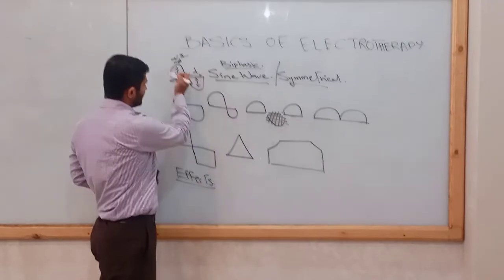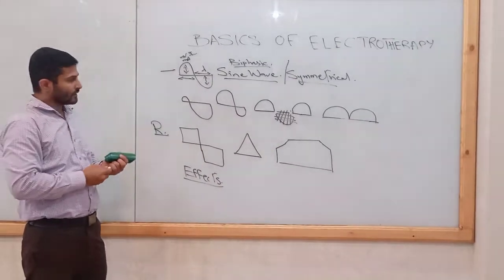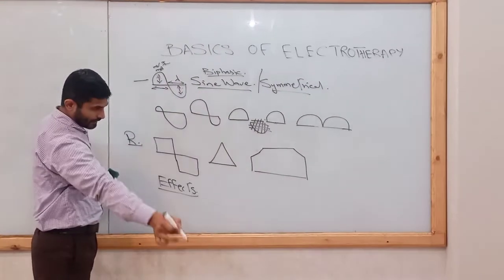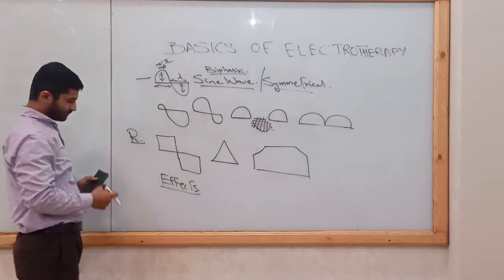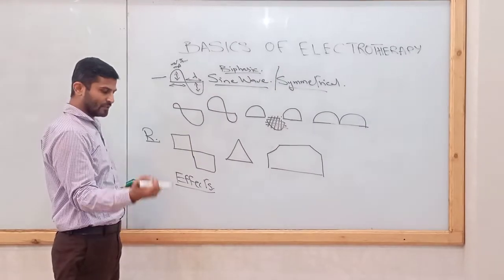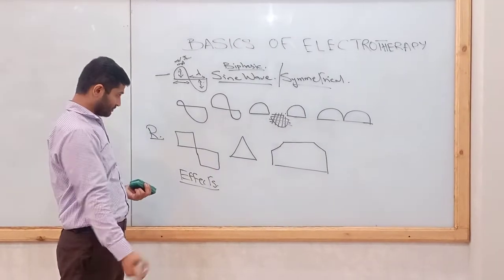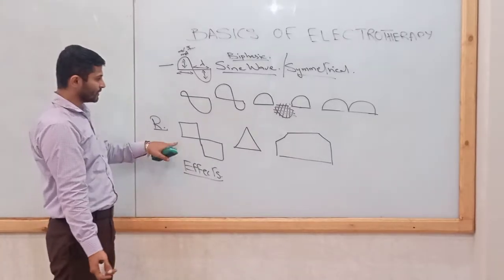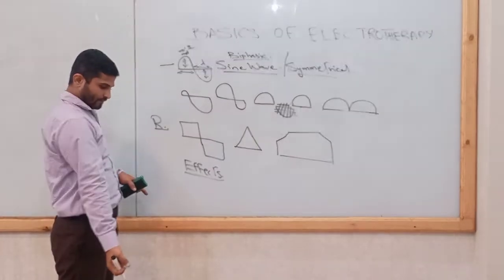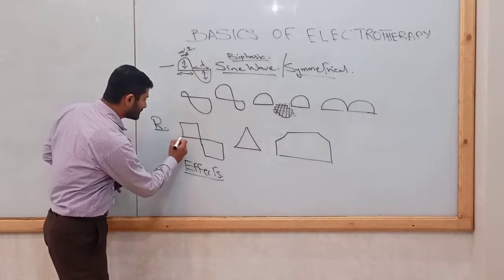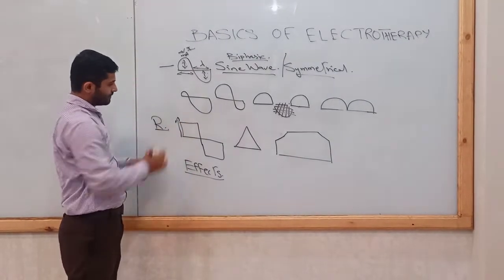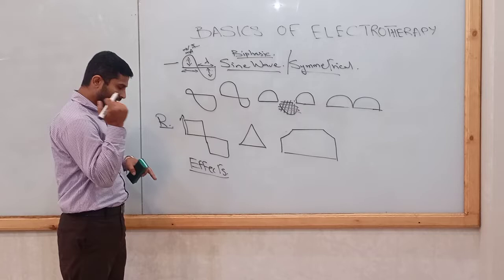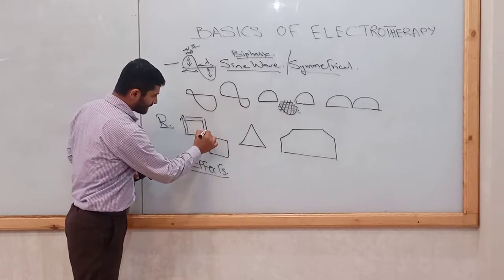So if we look at this wave first, the current is gradually increasing, reaches its peak and then comes down, and the other half is also doing the same. So if we go for a contraction, it will be a smooth contraction and relaxation. Now for this rectangular wave, if we apply the same rectangular wave to the muscle, what happens? There will be a sudden increase, because you can see a spike, a rapid increase into the desired intensity, a sudden increase, sustained contraction, and then relaxation.